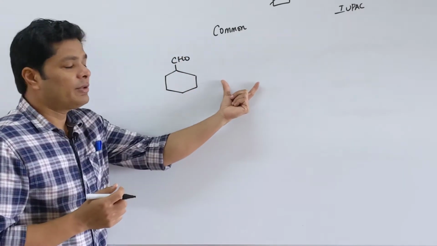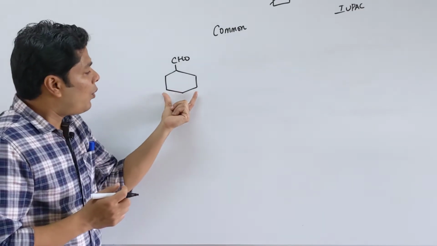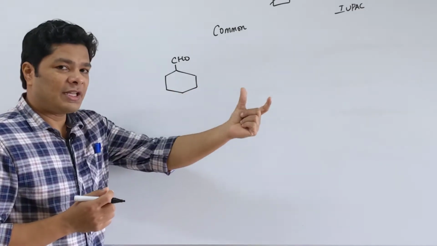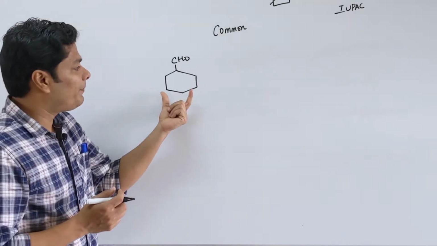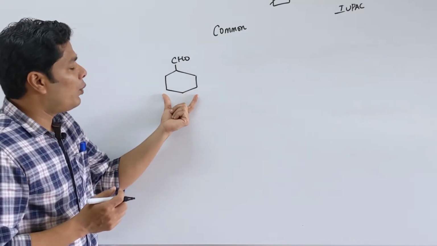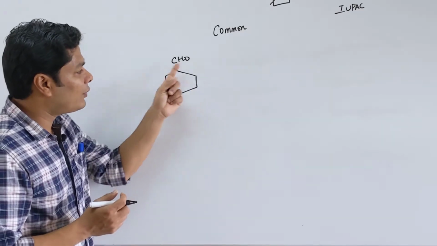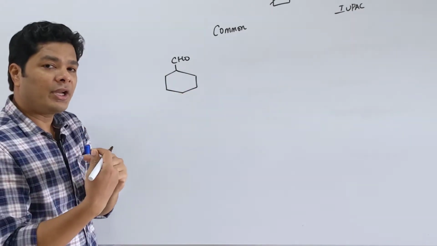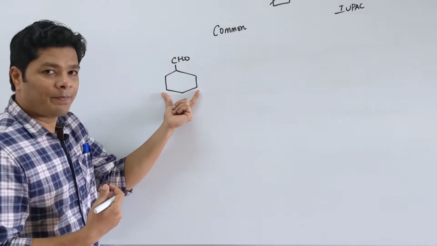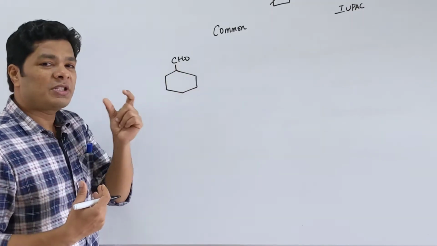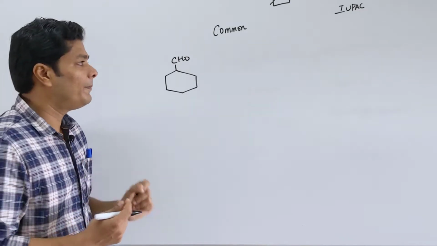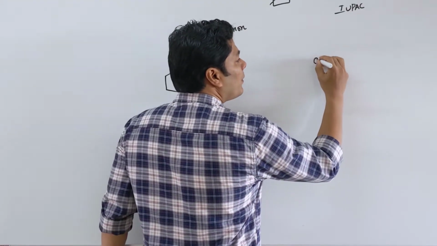The way common name is used is we can go to IUPAC first and then come back to common name, because the common names are based on the IUPAC name itself. Now what we do here is we can take this as a cyclohexane as a side chain. So this will be cyclohexane, just like a methane, it is cyclohexane. The CHO group is given a particular name, carbaldehyde. So the name of this compound will be